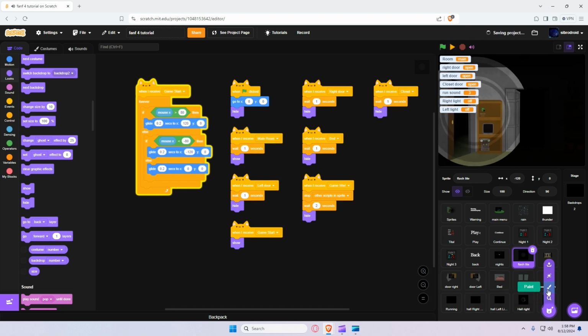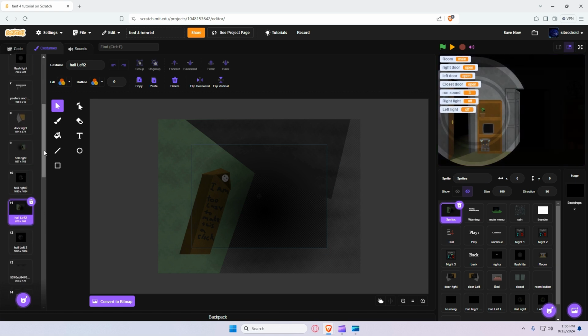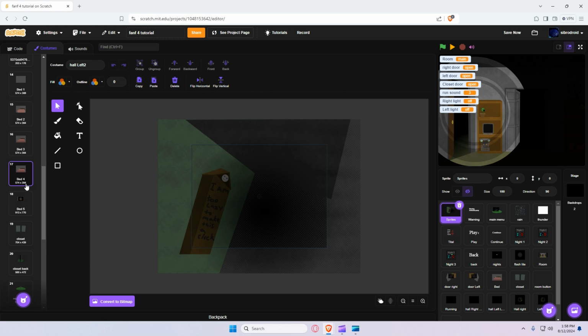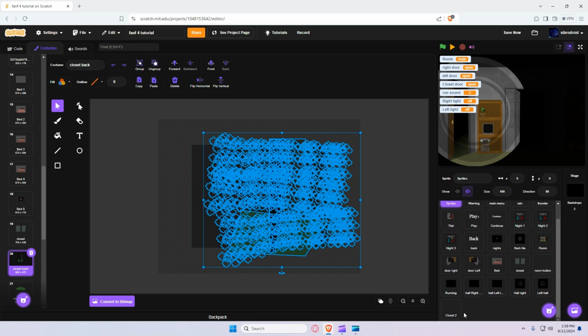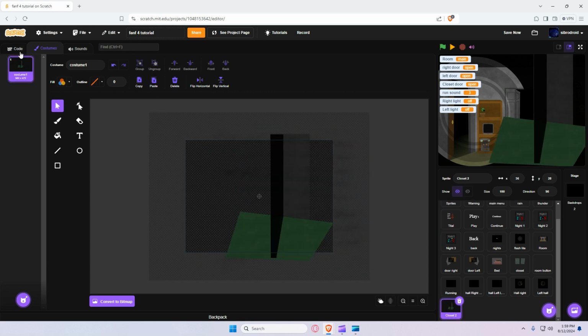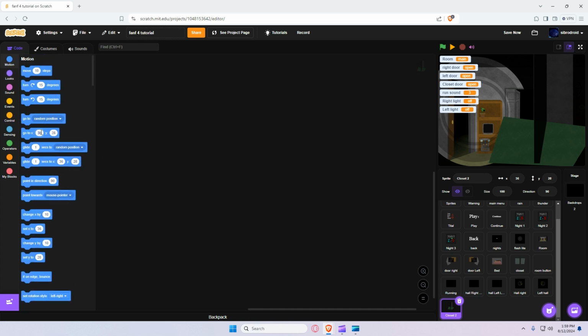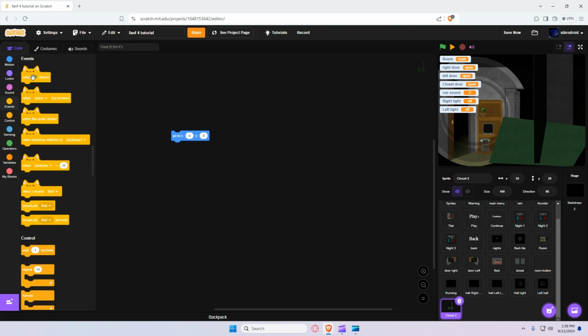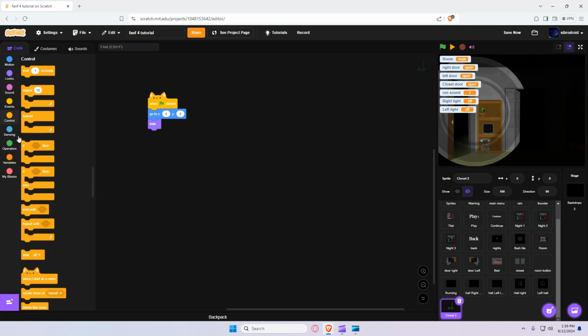So closet, make a new sprite, call it closet 2. Have a sprite for this as well. The sprite here, and this is pretty simple. Go to 0, 0, hide. When I receive